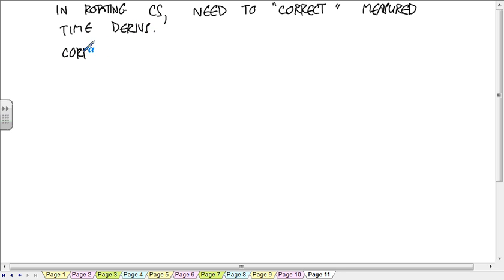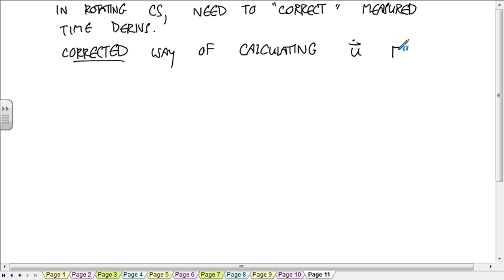So in a rotating coordinate system, our corrected way of calculating u dot for a general vector u is that u dot is equal to